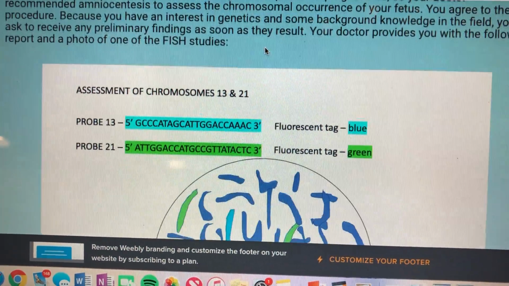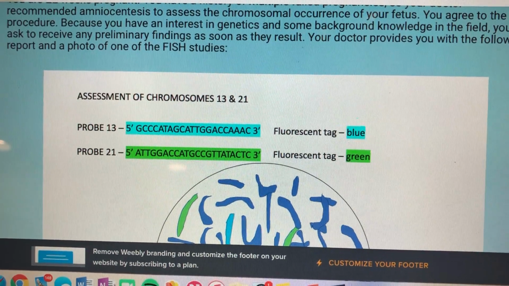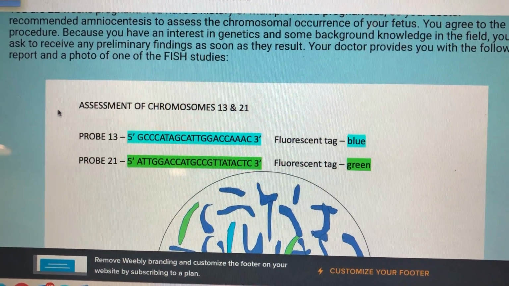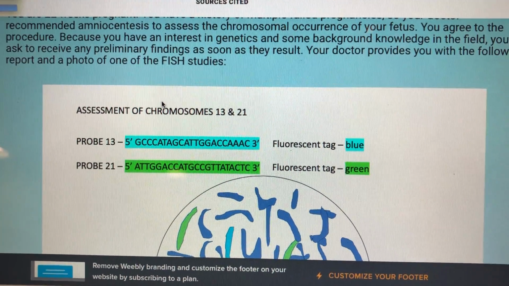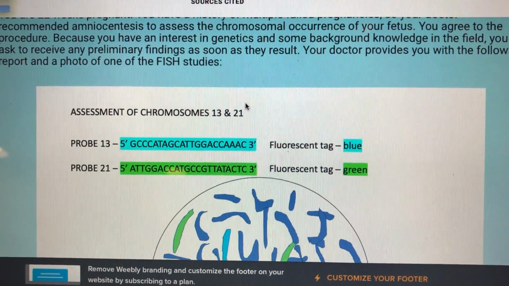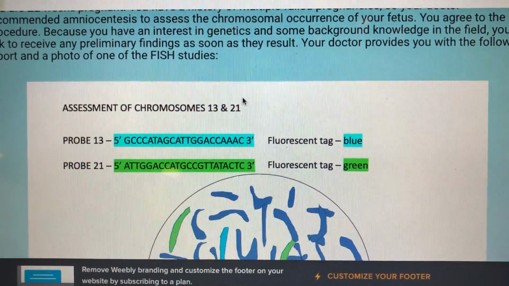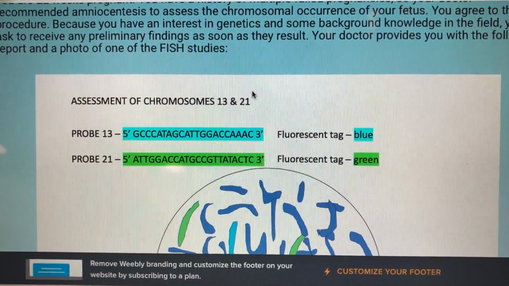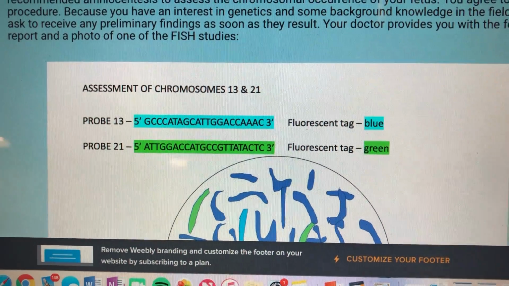So looking at the report, the first thing that we see on the report is that the findings are going to be representative of chromosomes 13 and 21. This is important because knowing which chromosome has abnormalities is important for diagnosis. The probes used are listed below it,